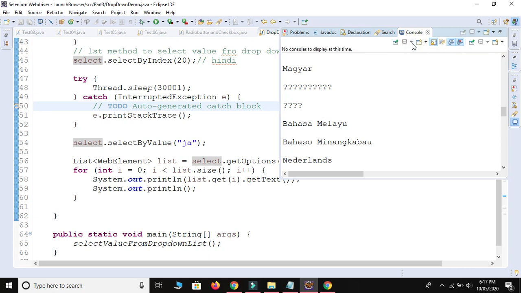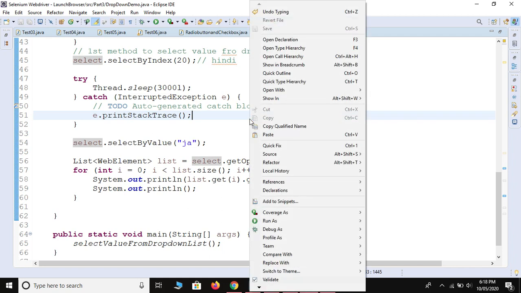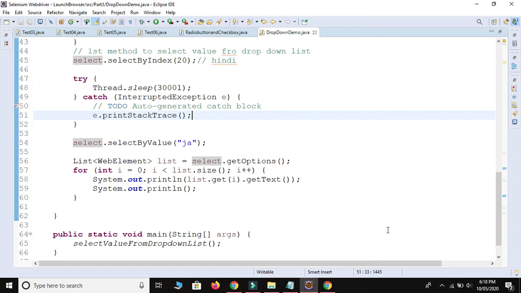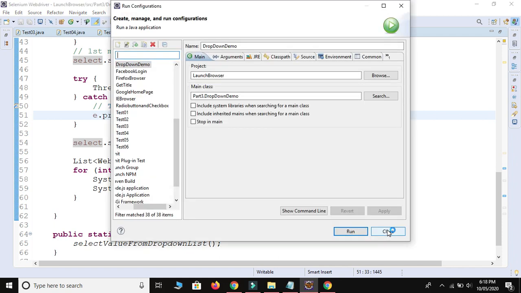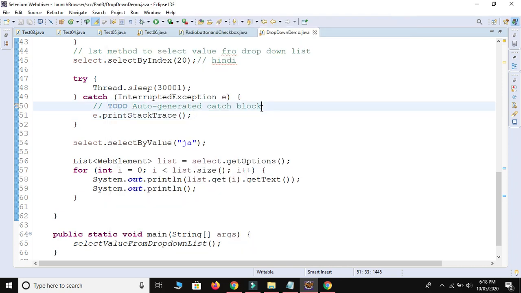So just close the console. When you run your program, most of the time we click on this run option, but to print the output in a different language, just right click on the screen and click on run as and run configurations. Okay, and one main menu is there, common I think. Okay, let me show you one more time so we are also able to see.